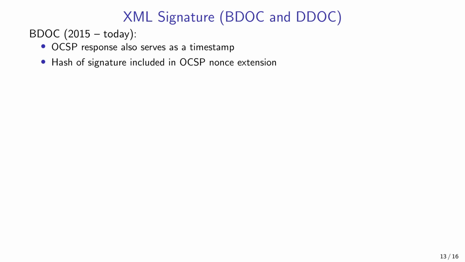So the hash of the signature is included in the OCSP nonce extension. This is a smart hack. The problem, though, is that this hack is not recognized by eIDAS standards. eIDAS standards require the use of a separate timestamping authority with clear security requirements. For example, timestamping servers have to retain all issued timestamp responses, while this requirement does not apply to the OCSP